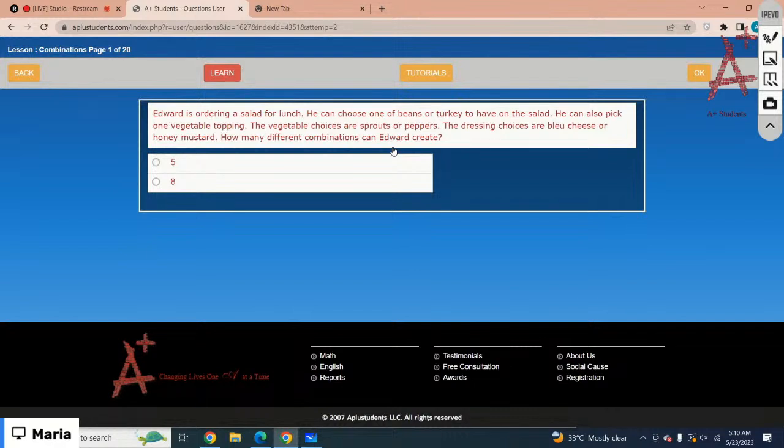Two options for salad, they are turkey or beans. Then two options for the vegetable choices, sprouts and pepper. And then two options for blue cheese or honey mustard. So 2 times 2 is 4 and 4 times 2 is 8. So the correct option is